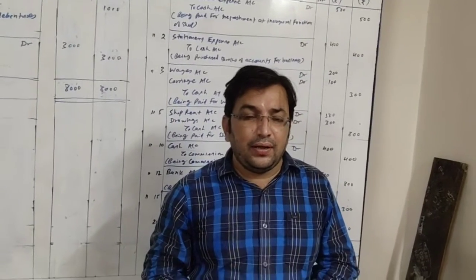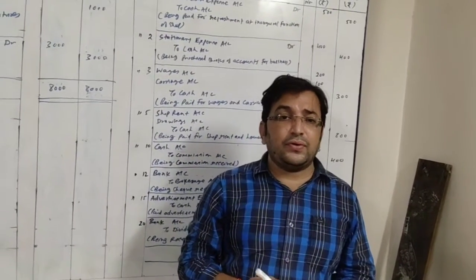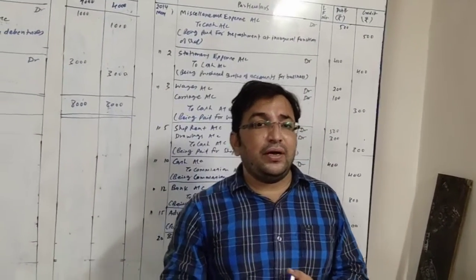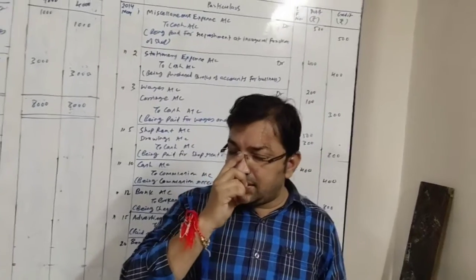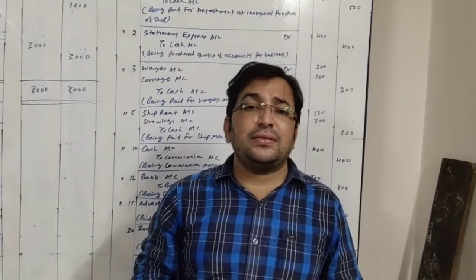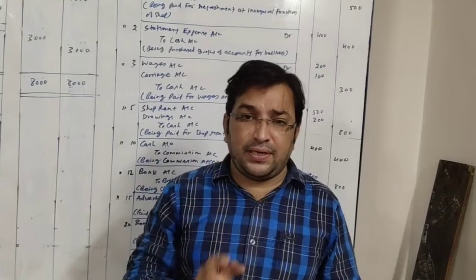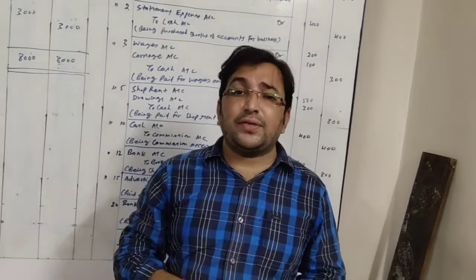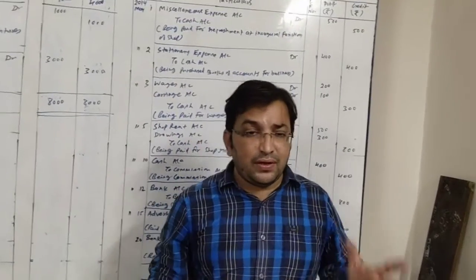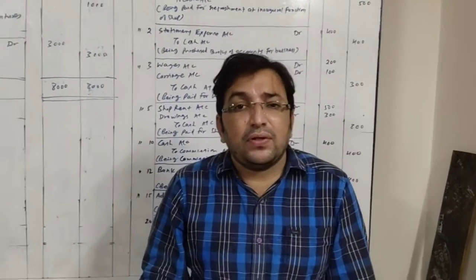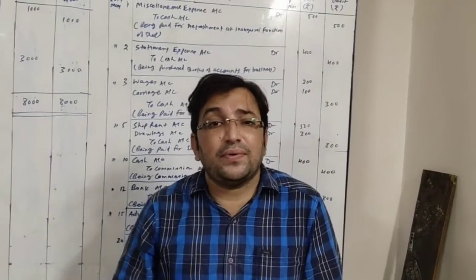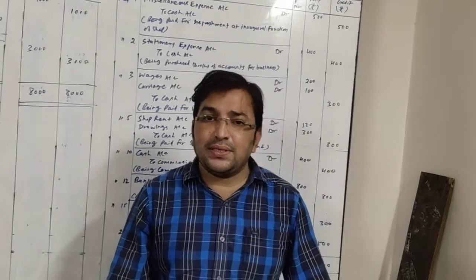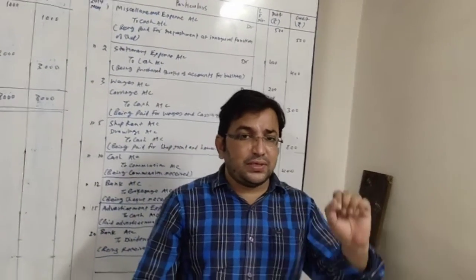Good morning student. In this video we are going to solve sum number 11 of journal. Regarding this sum I would like to tell you, this sum has transactions regarding income and expenditure, and that too revenue expenses and income. The previous sum which we solved, sum number 10, also had some expenses, but those were capital expenses. Here we are going to see revenue expense and income transactions.